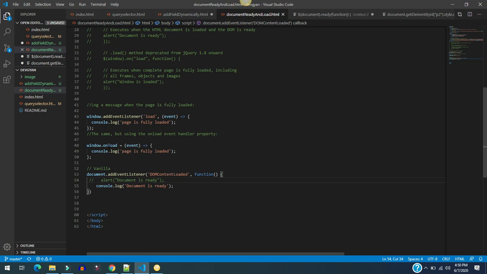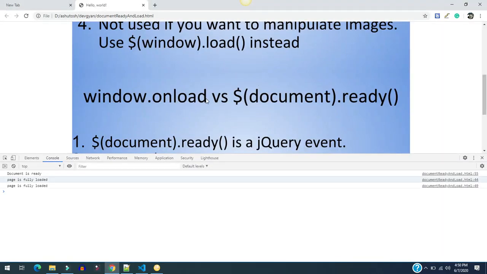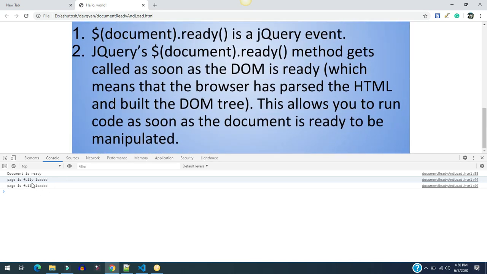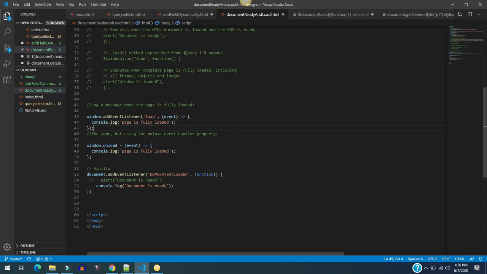And after that, window.addEventListener load is called. It means when the page is fully loaded, this is basically a page where all the images get loaded, and then page is fully loaded is called. So as per our requirement, when we want to manipulate something after the images are loaded, we can use window.load.